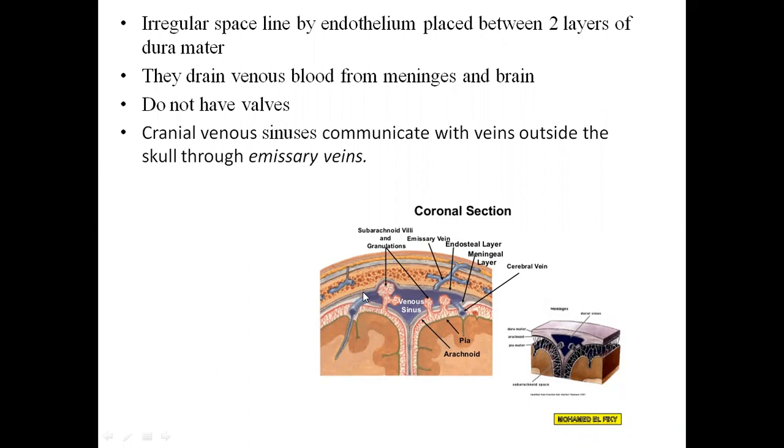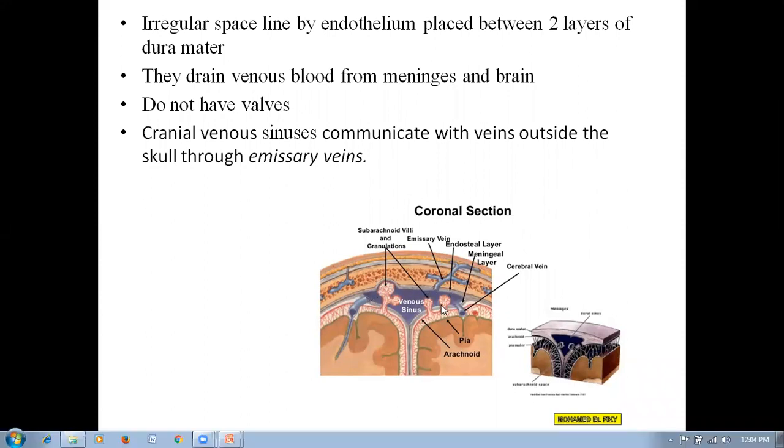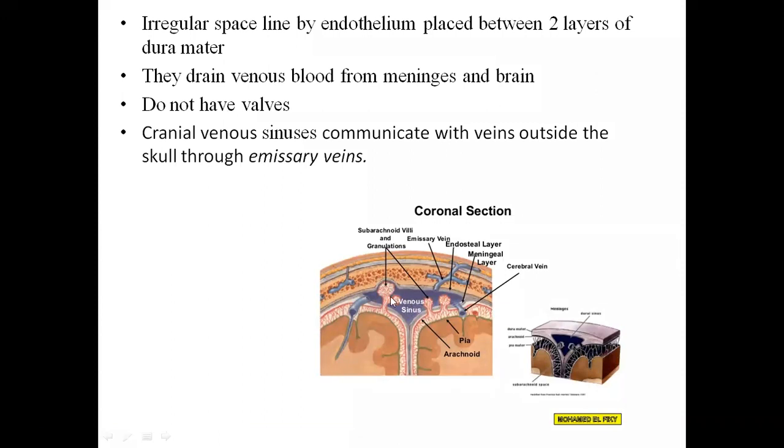Now the dura mater has got two layers. One layer is attached to the skull, the other layer is towards the arachnoid mater. So between these two layers of dura mater, there's a space, and that space is called venous sinuses. Venous sinuses are usually filled with blood, and they are lined by endothelium. Their lining epithelium is the endothelium, or the simple squamous epithelium. So these are the blood filled spaces which are seen between the two layers of dura mater.